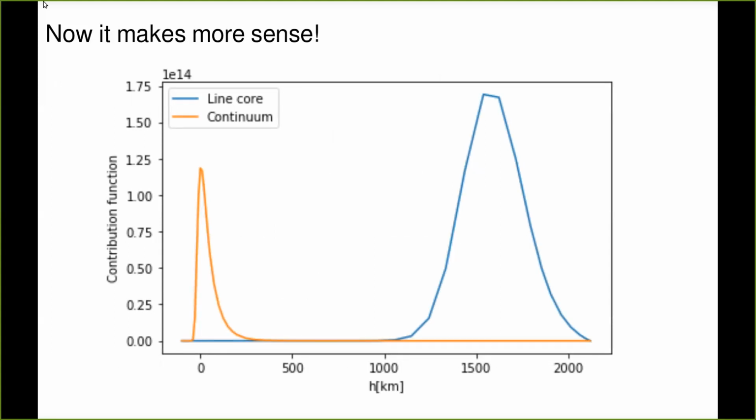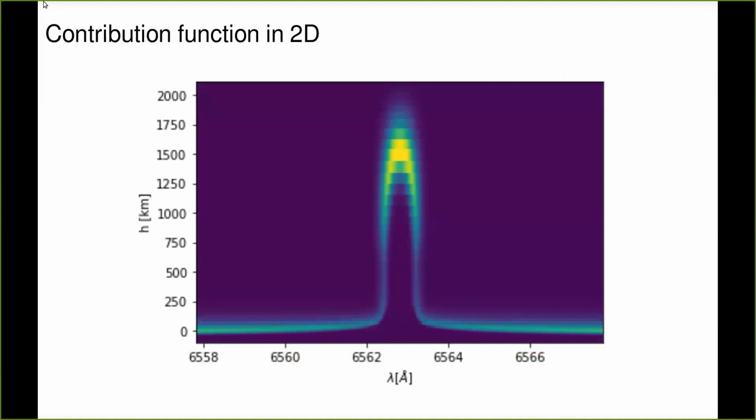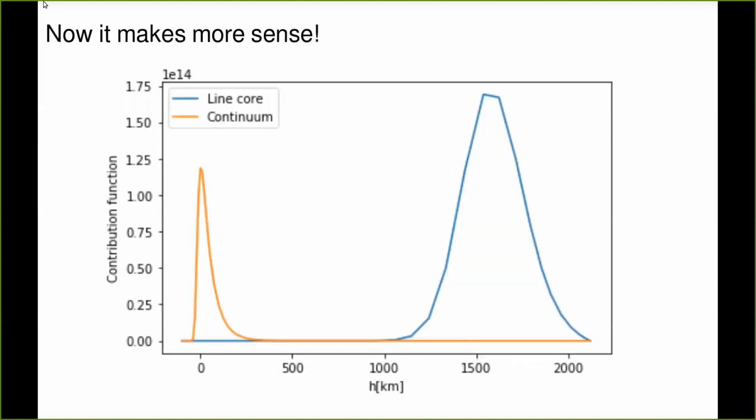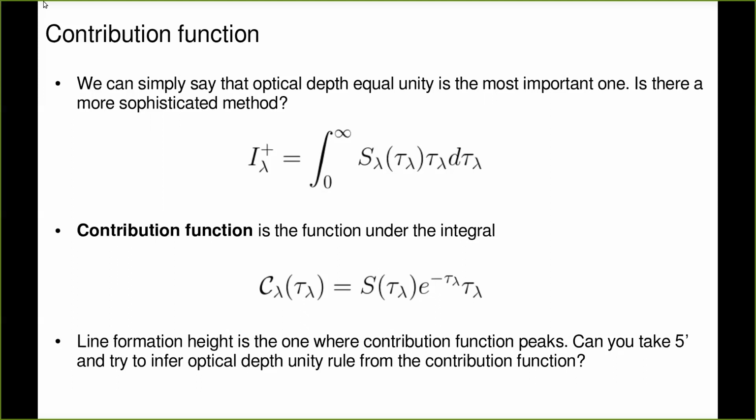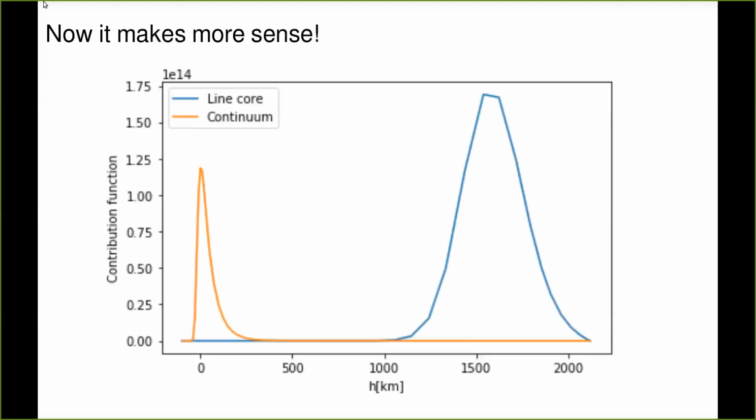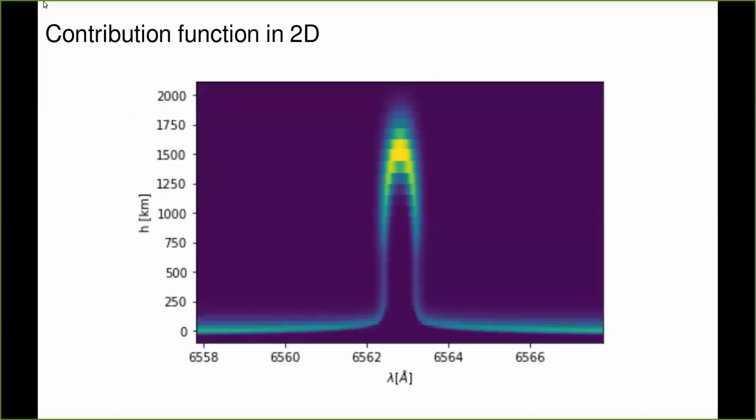Okay, cool. So this is how the contribution functions look, and this is also something that, if I give you tabulated opacity and emissivity, you can calculate fairly easily yourself. And the nice way to calculate it would be to plot it as a 2D plot. Because the contribution function is going to be different at each wavelength and at each height, it's a two-dimensional quantity. So I'm going to plot it for all the wavelengths and all the heights in this way.